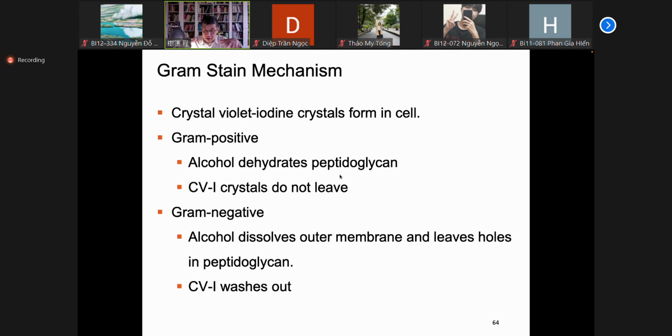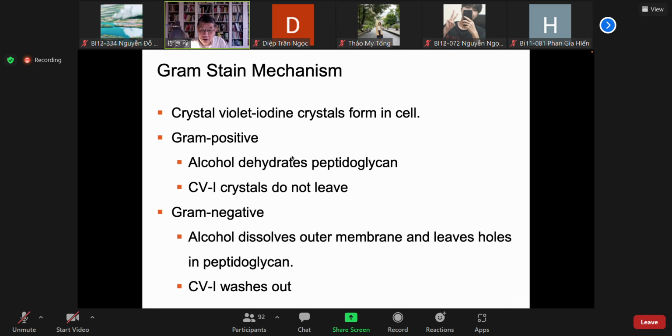So although alcohol shrinks the pores, because of these 80 layers of the peptidoglycan, the holes are very small. So the crystal violet iodine complex cannot leave because this molecule is larger than the pores on the wall,